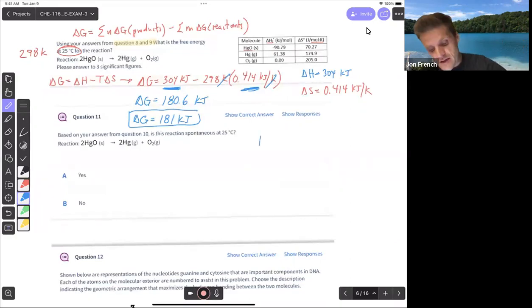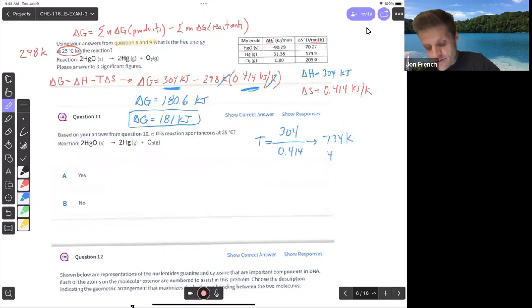We could actually find that out, right? Temperature equals 304 divided by 0.414. All right, 304 divided by 0.414. Yeah, this reaction becomes spontaneous at 734 Kelvin,